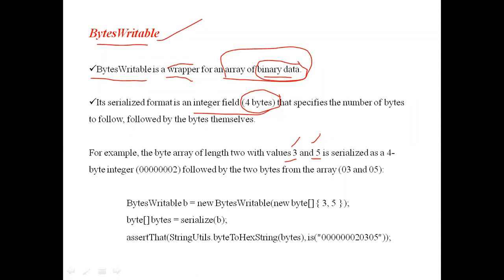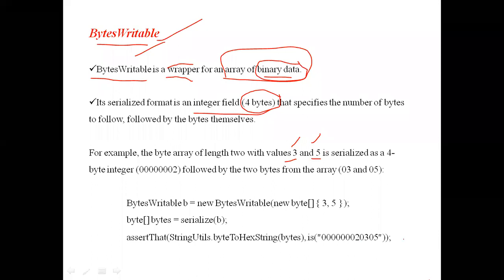Okay, whenever 3 and 5 is given to the bytes writable object, how will it be stored in the serialized format? How many numbers are we giving here? Two numbers. Okay, so before these two numbers, there is a prefix of an integer field of 4 bytes.